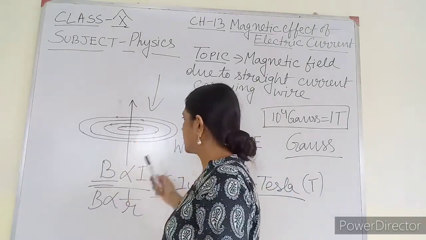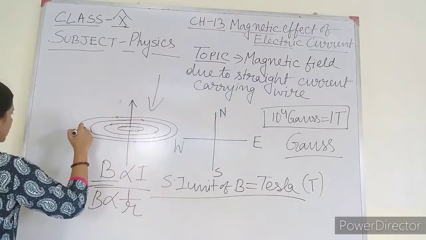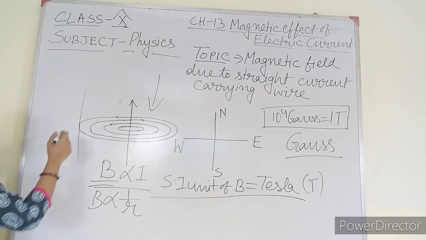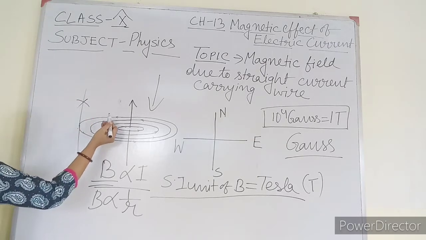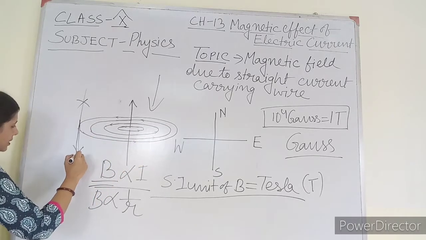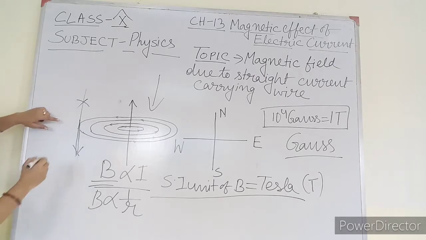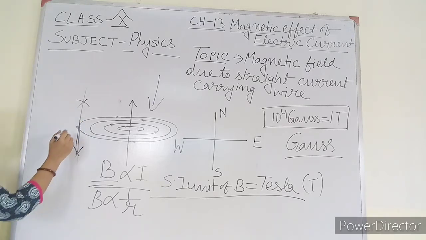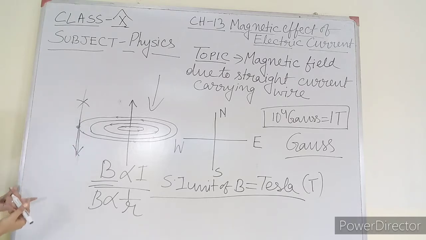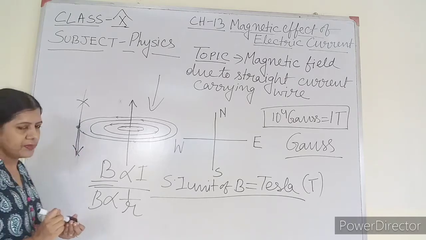Suppose this is the circle, I can draw a tangent in this direction, I can draw a tangent in this direction. Now which tangent will I take? I will not take this one because the curl is in this direction, so I have to take the tangent in this direction. So at this particular point, what is the direction of the magnetic field line? The direction is towards south, or I can say toward the downward direction also.